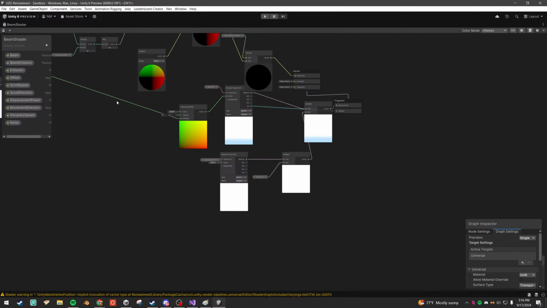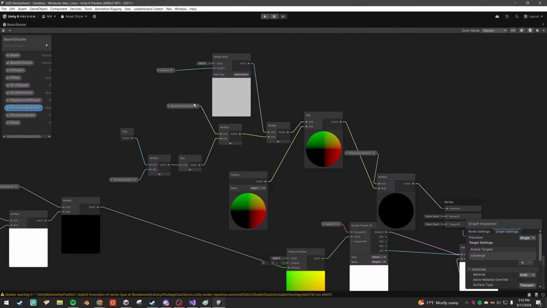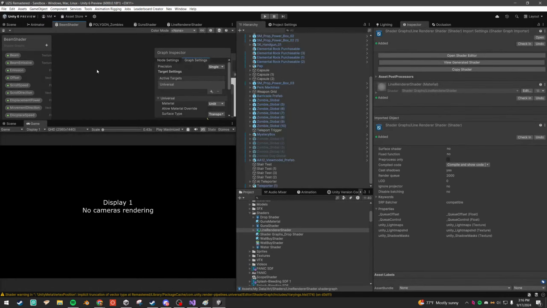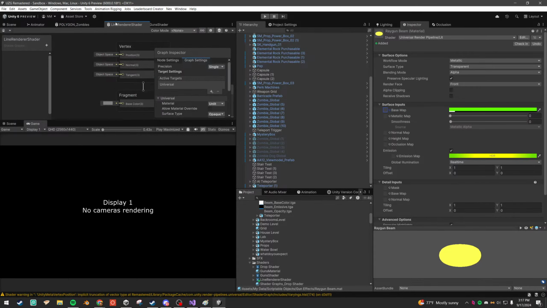What is this? Did I already make the shader? I might have made that weeks ago. Oh wait, no, this is the shader used for the teleporter. Never mind. I don't know why it's called the beam shader. Anyway,